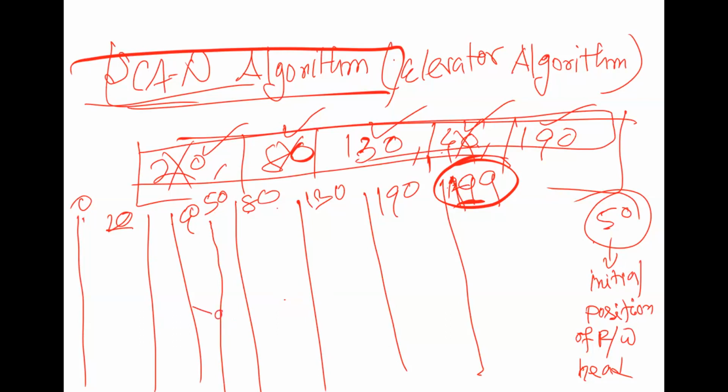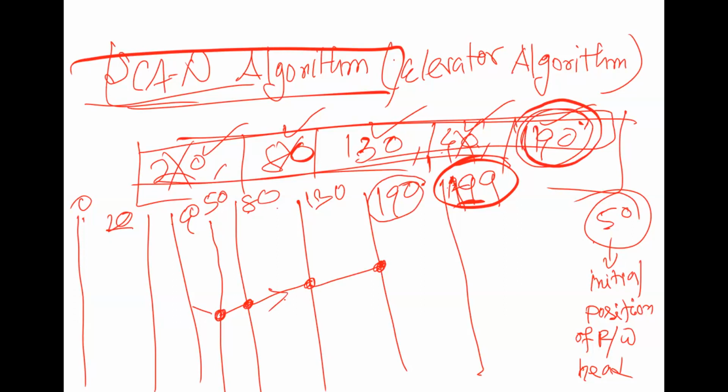Since it is initially at 50, it will go here to read the 80 number request, and then 130, then 190. In this direction it scans through all the higher order requests, whatever it received recently or currently right now. Then after completing 190, which is the highest request from a cylinder or track number,